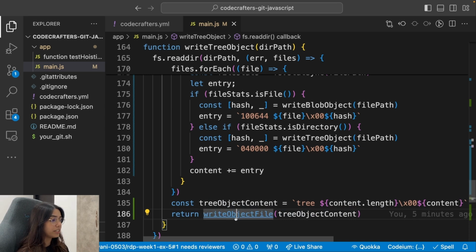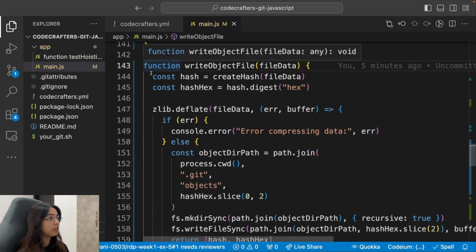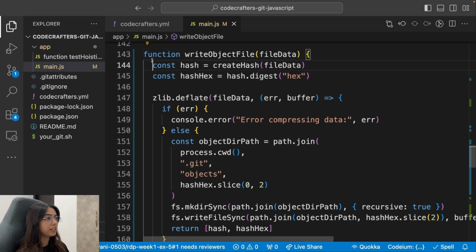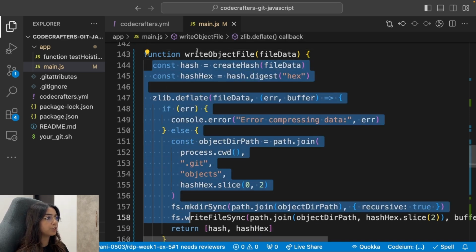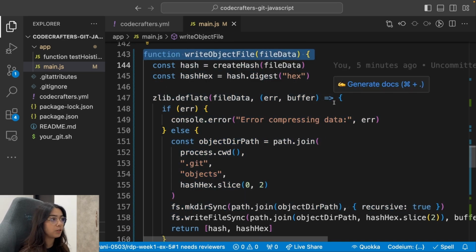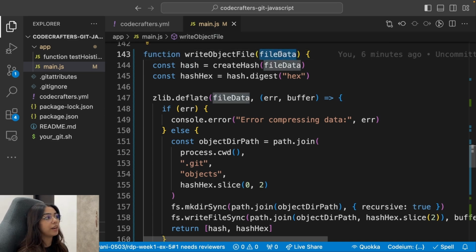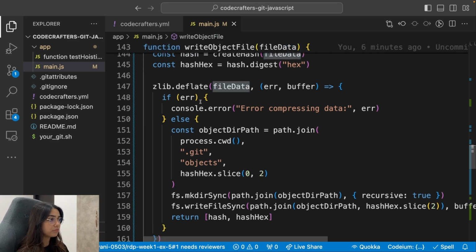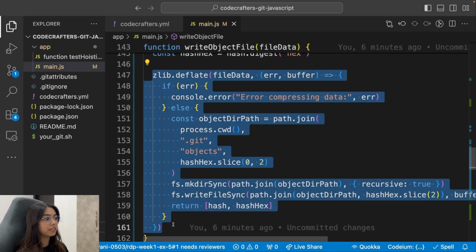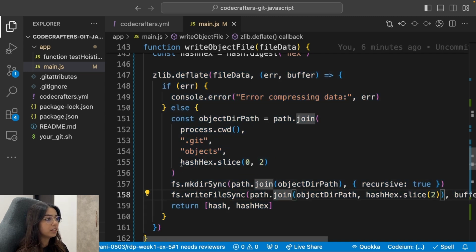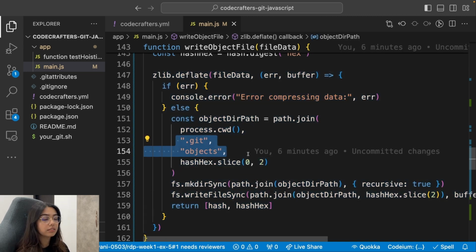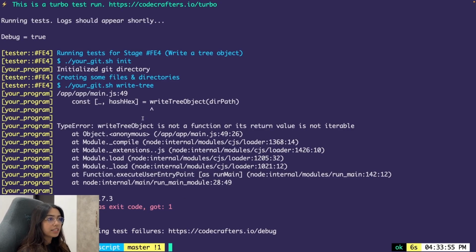So last time we refactored some code, took out the logic from the write blob object file and separated it and created a new function because we are going to use this logic of writing the object file by providing it the file data and then compressing it and storing it at the appropriate Git objects path. So when I run the tests here,